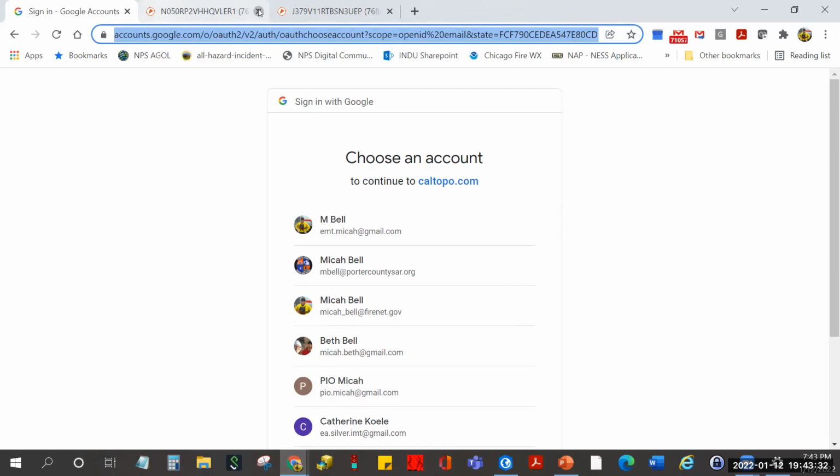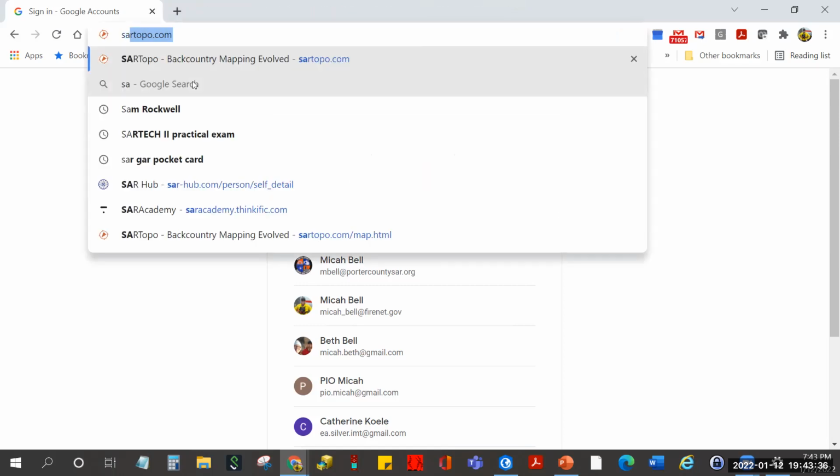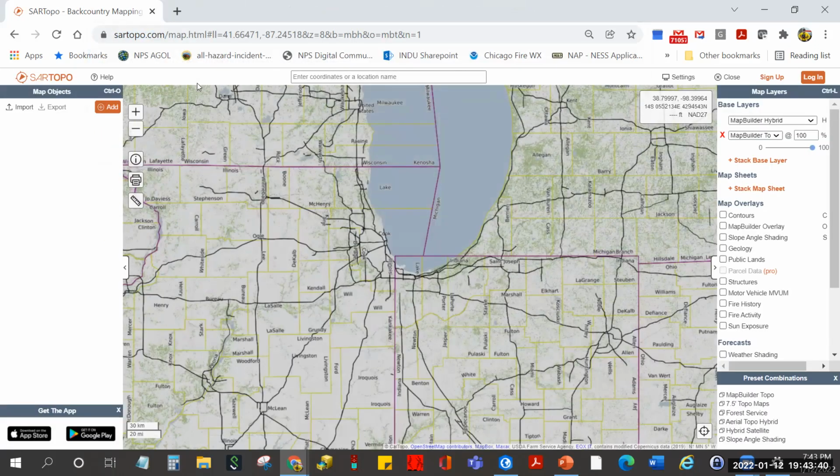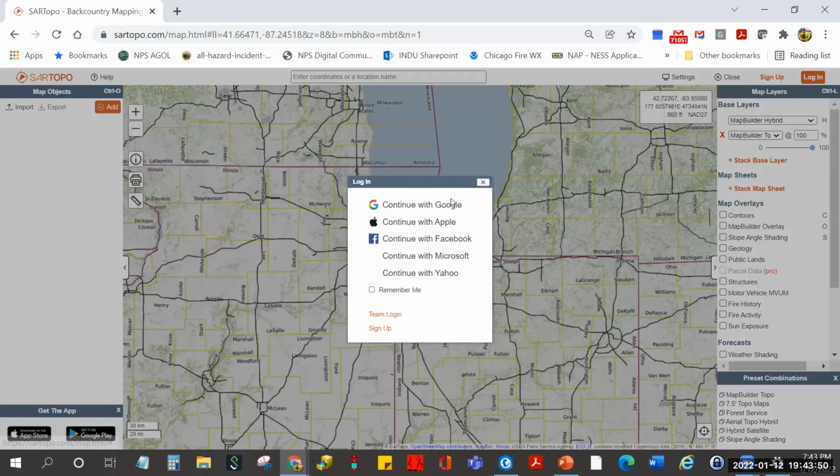Now, right at the beginning, I said there's CalTopo and then there's SARTopo. And for the moment, they're on different servers, but they're going to be merged. Somehow I got into the CalTopo server. So I'm back at SARTopo.com. I'm going to hit the login, continue with Google,